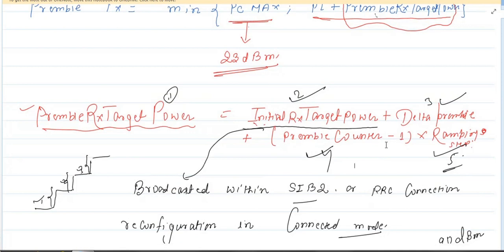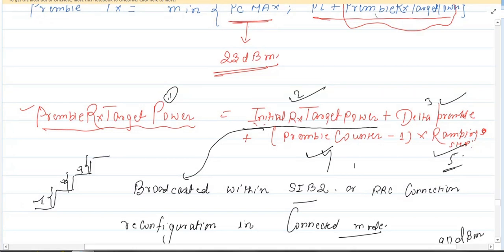preamble. Because if suppose you send the Rach request message Rach preamble, if it will fail, then again you will retransmit. So how many times you are retransmitting the Rach request message, that will be calculated by the preamble counter. It will allow that maximum how many times you can retransmit, that value will be calculated by this preamble counter. This is the counter which will count how many times it's allowed to transmit your Rach request message. Then ramping step